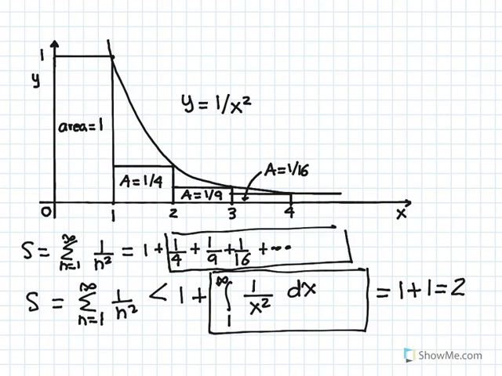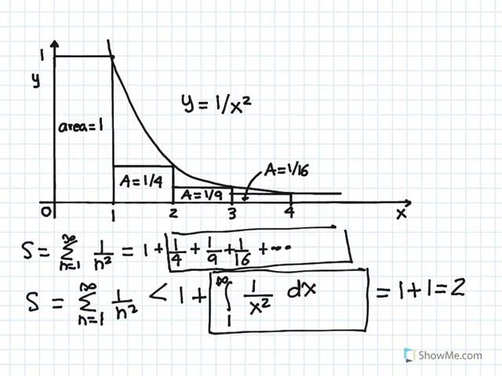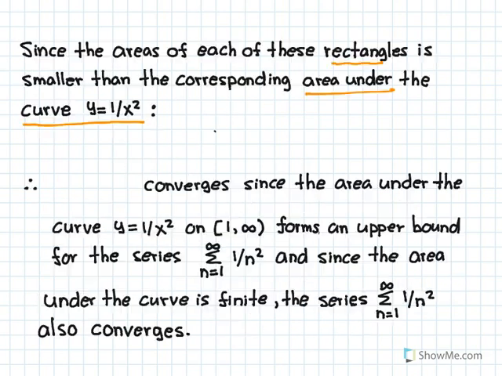The sum of the terms of this series corresponds to the sum of the areas of these rectangles, which is less than the area under the curve, and that's the motivation behind convergence. We're going to formalize it more. So since the area of each of these rectangles is smaller than the corresponding area under the curve, y equals 1 over x squared, you can see on this page the area of these rectangles is less than the area under the curve. For this reason,